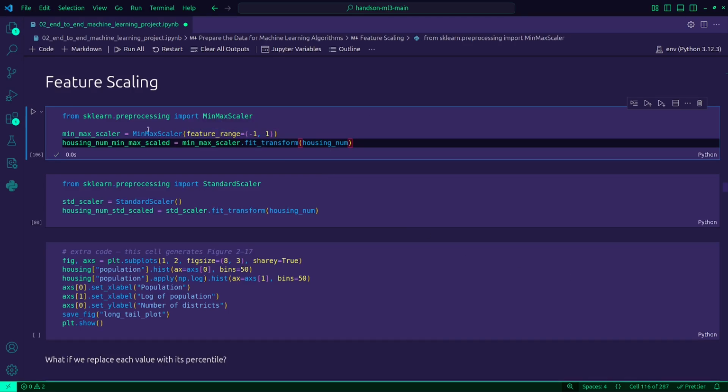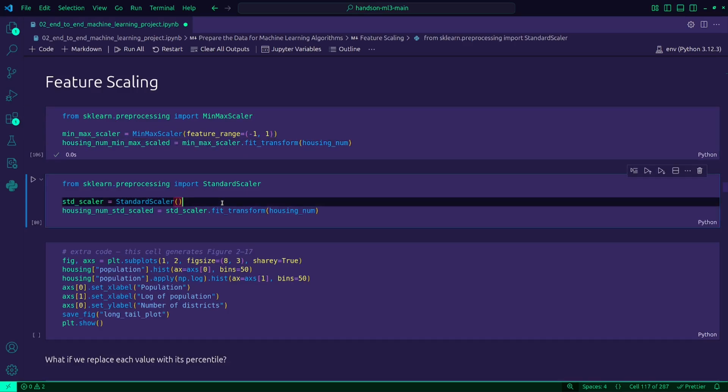I'll go back to this because I also want to understand the formula behind this. So I'm going to go back. But what is standardization? Standardization rescales the data so it has a mean of 0 and a standard deviation of 1. So it doesn't bound values like min-max, and it's better for Gaussian-like distributions. It's preferred in algorithms like linear regression, logistic regression, SVM, and PCA.